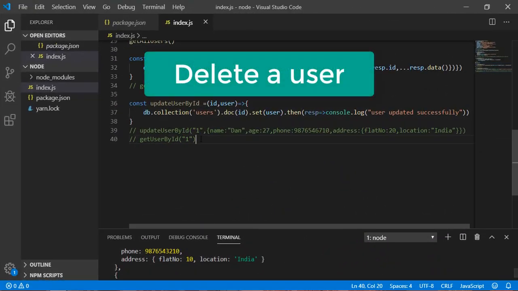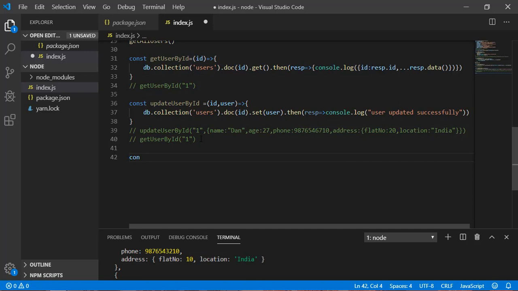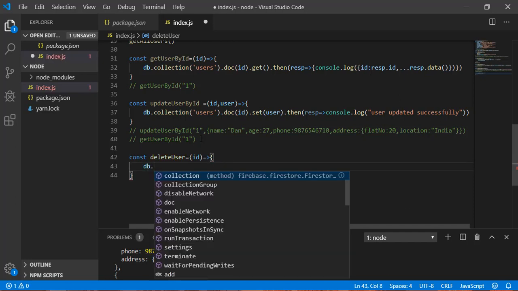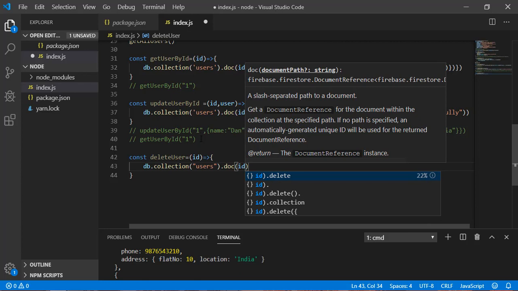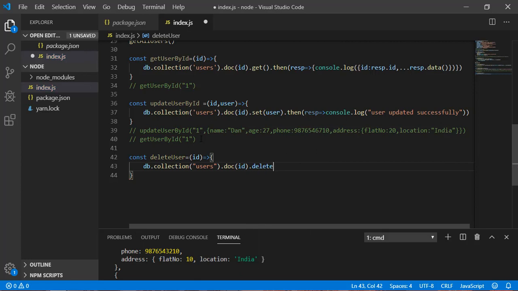The next thing I wanted to do is remove. If I want to delete a document, let's write a function for that. Const delete user. Okay, and this is going to take a parameter that will be the ID. The next thing, let's call db dot collection dot doc, and this is going to be your ID, and now I can write dot delete.